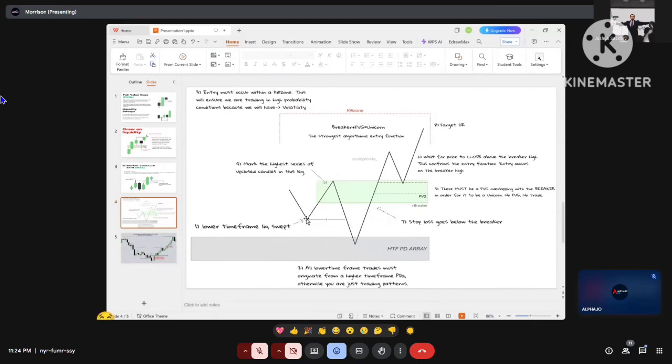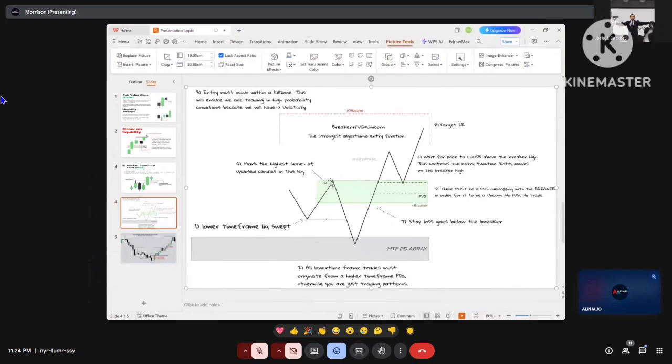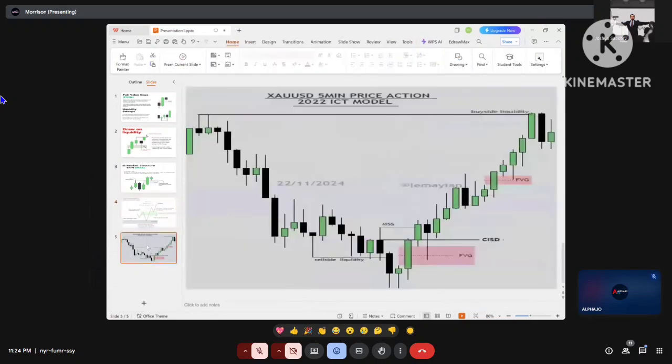So when price sweeps the low right here and then goes into the fair value gap, right? It's still a break of structure until price moves above the high right here. So when price goes below this, it's a break of structure, and then when it comes above this high right here that created the low, when price goes above it and closes above it with displacement, listen to